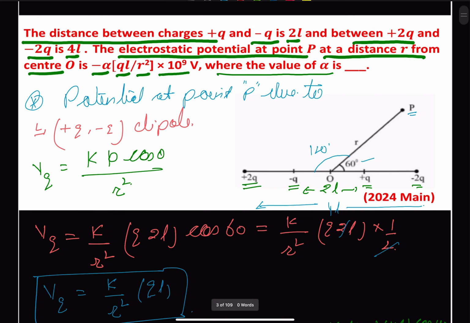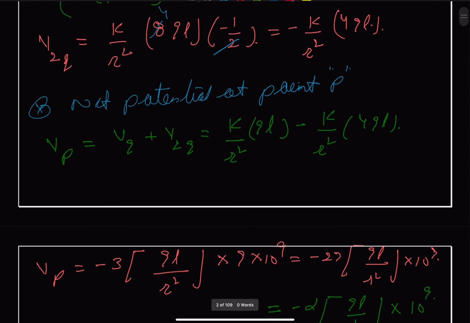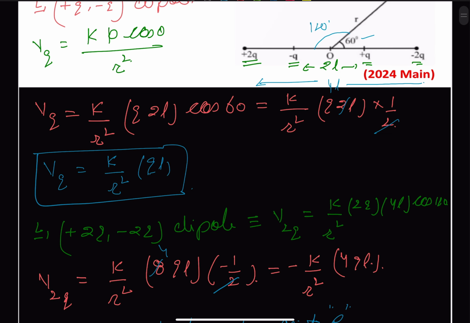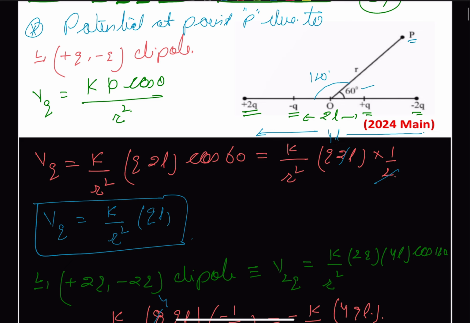So the value of alpha is 27. There is another way also. We first of all can find out the net dipole,